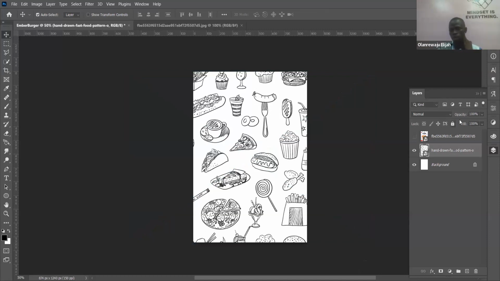Look at this place now, in your panel, right? This up here. Can you see now? You have opacity here. You have fill here. The difference between opacity and fill is that fill we only